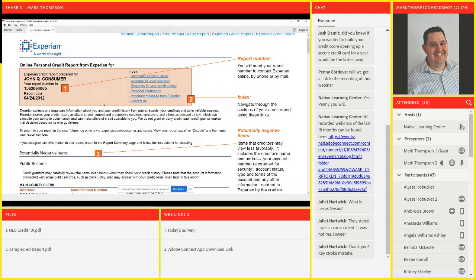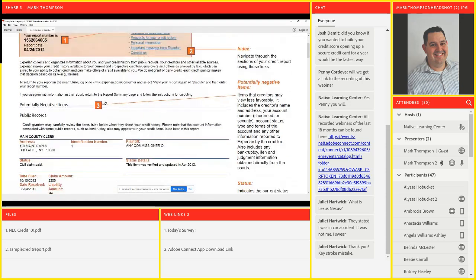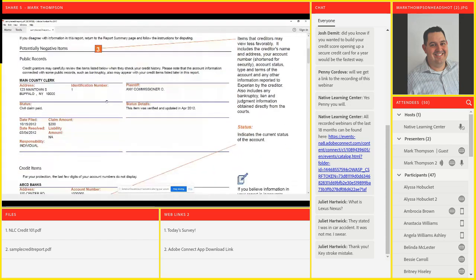So we have our key up at the top, just kind of gives our information, our credit report number, the date. Then we have a section for potentially negative items. So these are things that are going to be hurting us when we go to apply for credit, right? These are going to be things that maybe we haven't paid a bill, or for whatever reason, something bad has been going on. Okay, so we're going to want to find out what are the different things on this report, and how can I correct them.